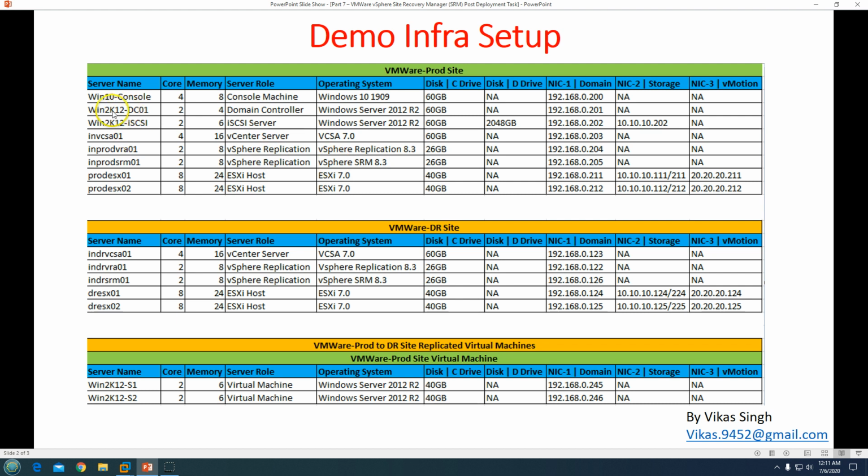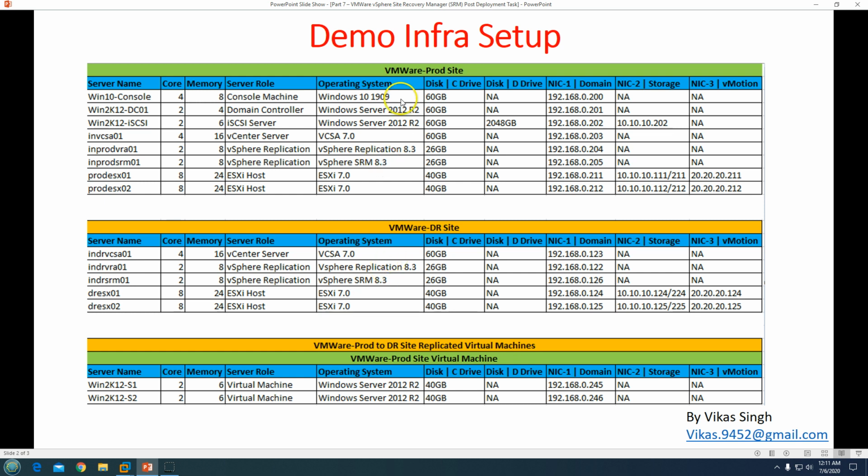And we have our domain controller and iSCSI server, which provides the datastore to my infrastructure. These are the primary production side. At the second site we have two ESXi hosts running ESXi 7.0, and on those two hosts we are running three appliances: first VCSA itself, running VCSA 7, and second the replication appliance and an SRM appliance.